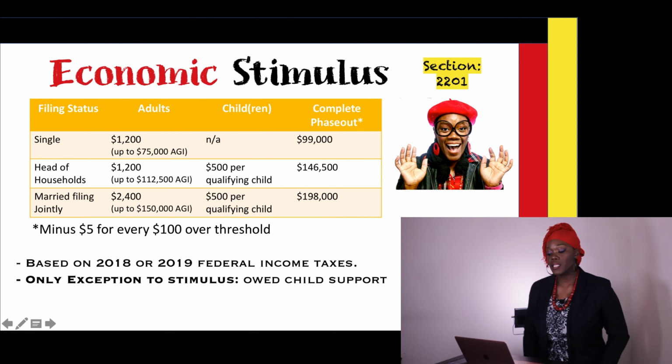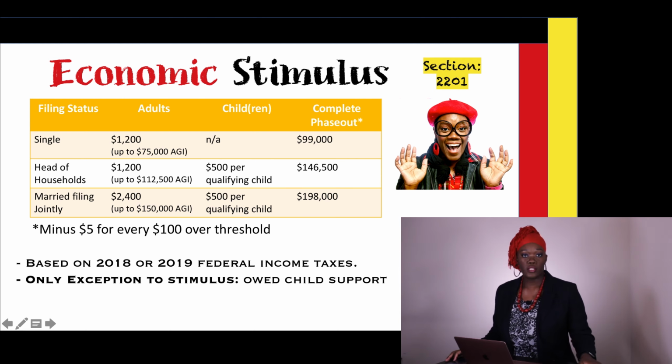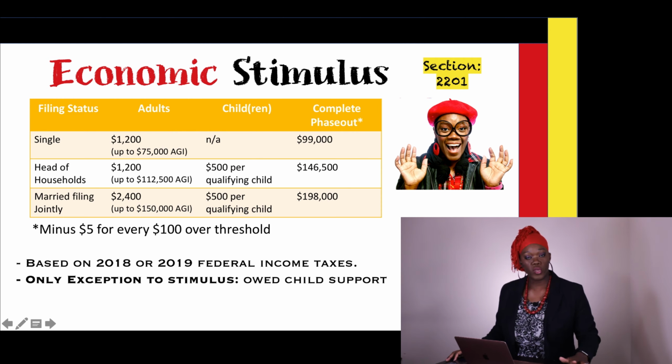All right, so economic stimulus, that is basically everybody in the United States who has filed taxes in 2019. That means you filed your tax return this year for last year. Or if you have not filed your taxes yet this year, then they will do it based on your 2018 taxes. Basically, if you are single, you will get $1,200. They're going to send it to you in the same method that you've filed. So if you got an electronic refund or you provided your electronic information, then you should get it deposited into your account. If not, then they're going to send a check to the address that you used on your tax return.